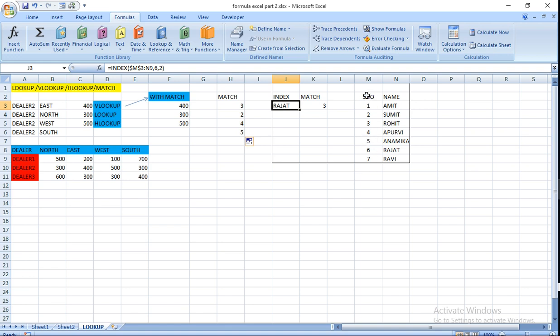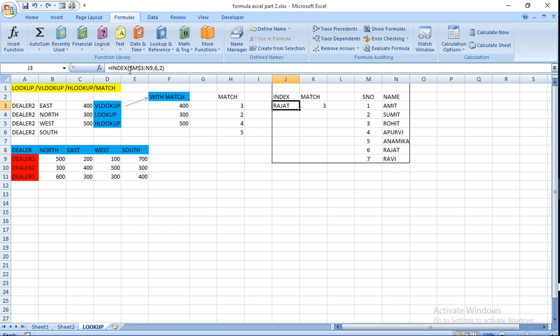I choose this whole table from this place to this place, because I have to find Rajat from this table.